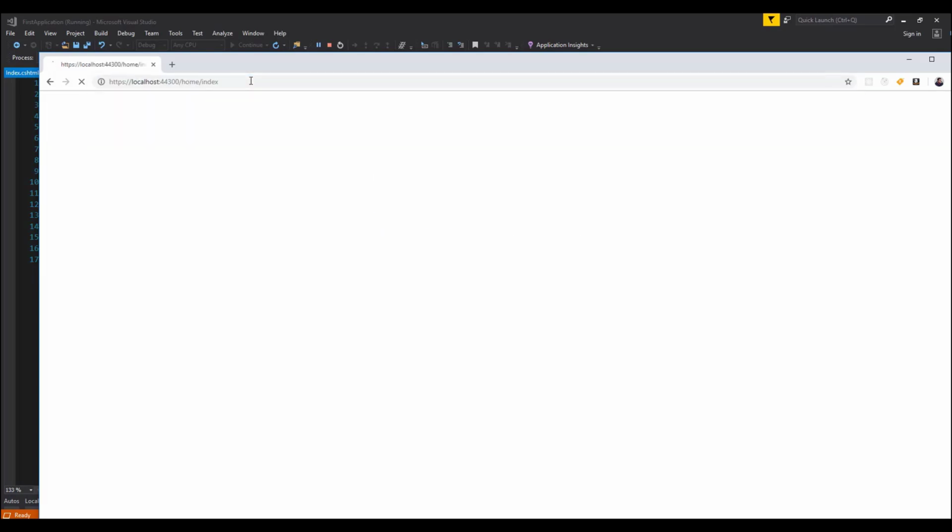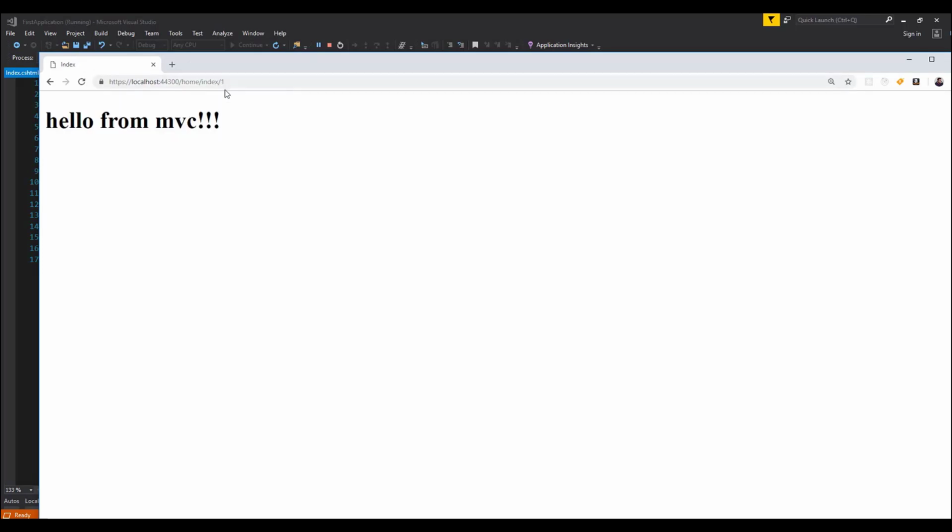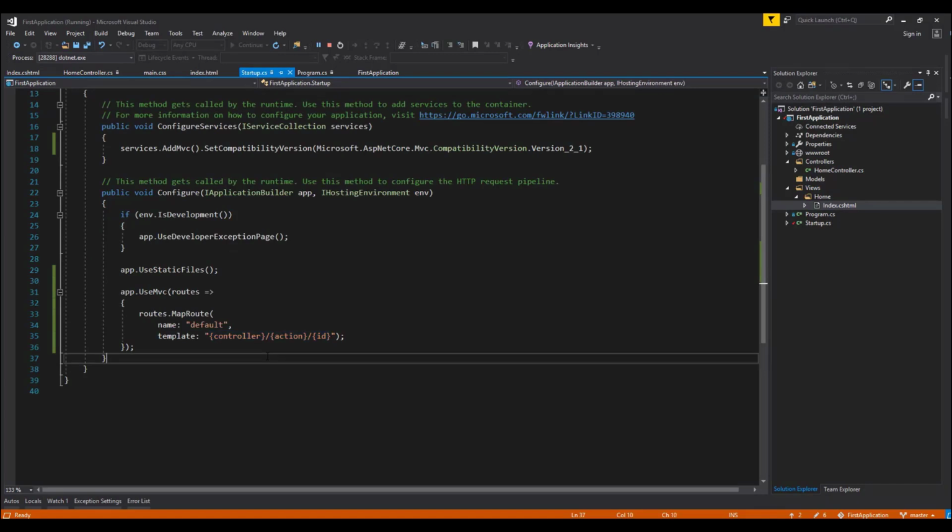So now if we don't have 1 on here, you can see that index is not returned. You're like, so why is that? But if you have 1, it's because the route has to match up perfectly in order for this to be rendered. If we want to fix that functionality, we would go back into our startup file and we would say,